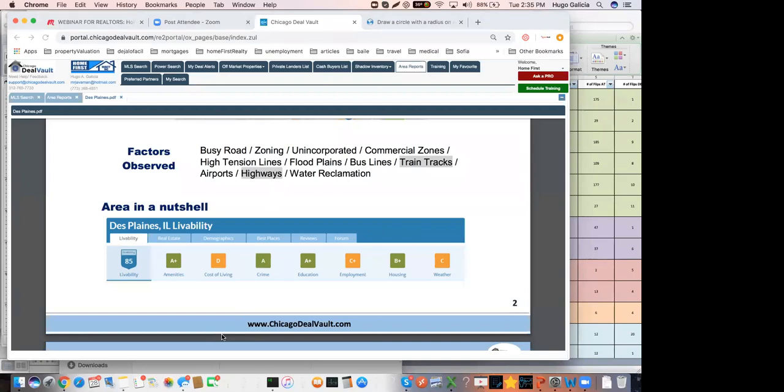So what does that mean? Okay, so all in, which is the purchase price plus rehab, should be no more than 75%. Example, 150,000 all in, but it needs to appraise at least 200,000. That means you can purchase the property for, let's say, 120, and your rehab is 30,000. So all in is 150. So the property better appraise for at least 200,000. Okay, so when you have that kind of equity, you're going to be able to pretty much refinance your loan,